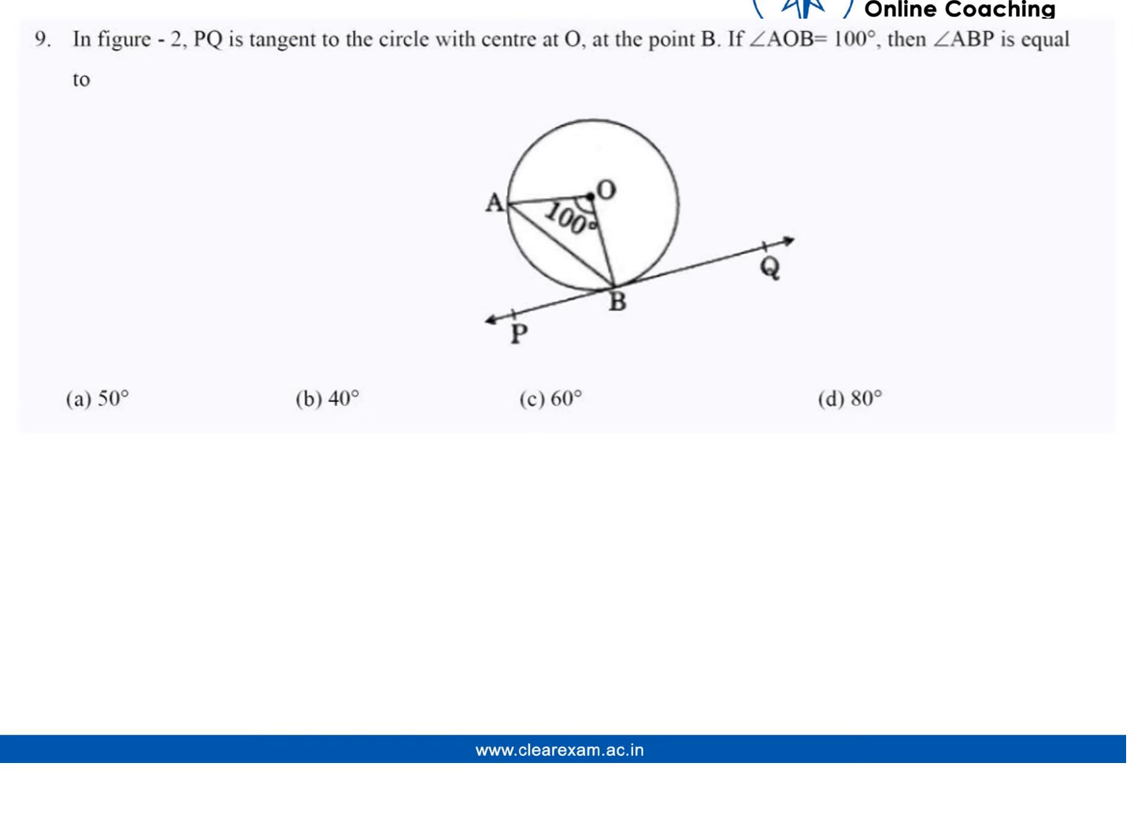So PQ is a tangent to the circle with the center O at the point B. If angle AOB equals 100 degrees, then what is angle ABP? So from the given information, angle OAB will be equal to angle OBA from the isosceles triangle property, and angle OBP will be equal